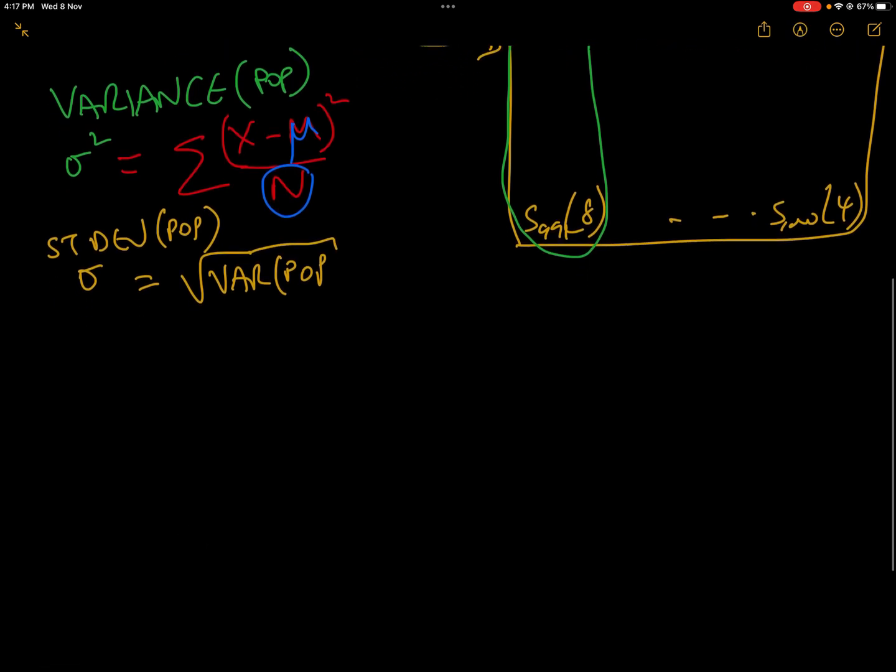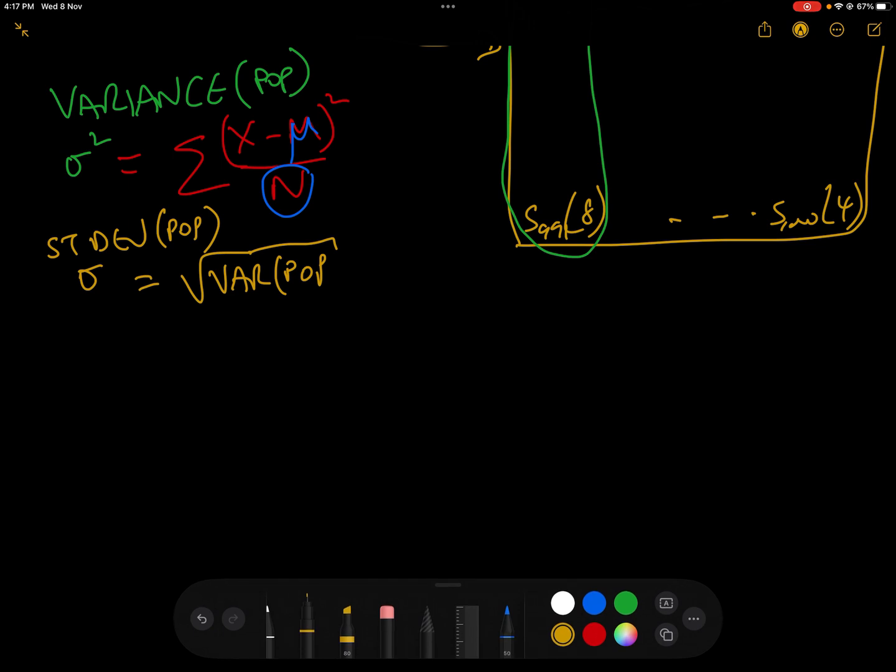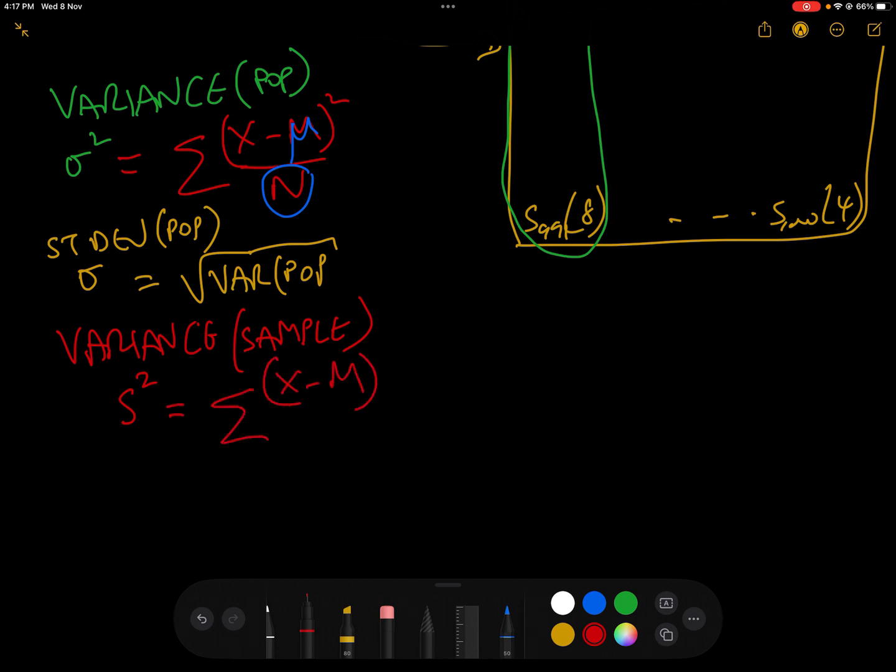Now, if we are not going to use the population, but we're going to use a sample, the formula is very slightly different, but it's just worth knowing. So the variance of a sample, so let's say, for example, that we were just going to use 100 students or even 10 students or 5 students, but somehow we were only going to analyse a sample of the 1,000 students who took the test. The variance of the sample is denoted by a slightly different letter. It's s squared instead of sigma squared, and that equals the sum of x minus m squared over n minus 1,